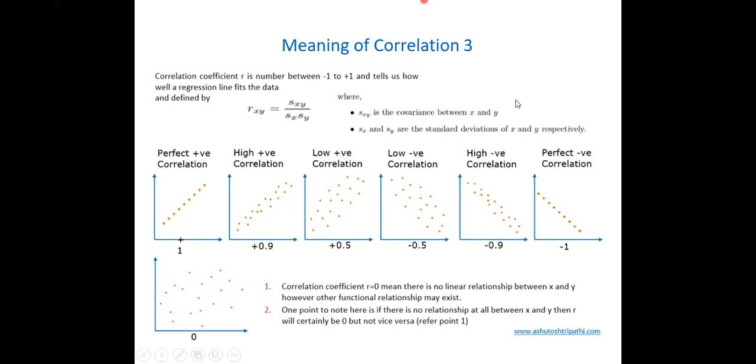Let's look at this correlation very well. What I've just said, in pictorial form: the correlation coefficient is a number between -1 and +1, and tells us how well a regression line fits the data. They are actually related when talking about regression lines. But as I said before, in correlation there's nothing like dependent and independent variable. The dependent and independent variable comes in when we begin to step further to talk about regression.